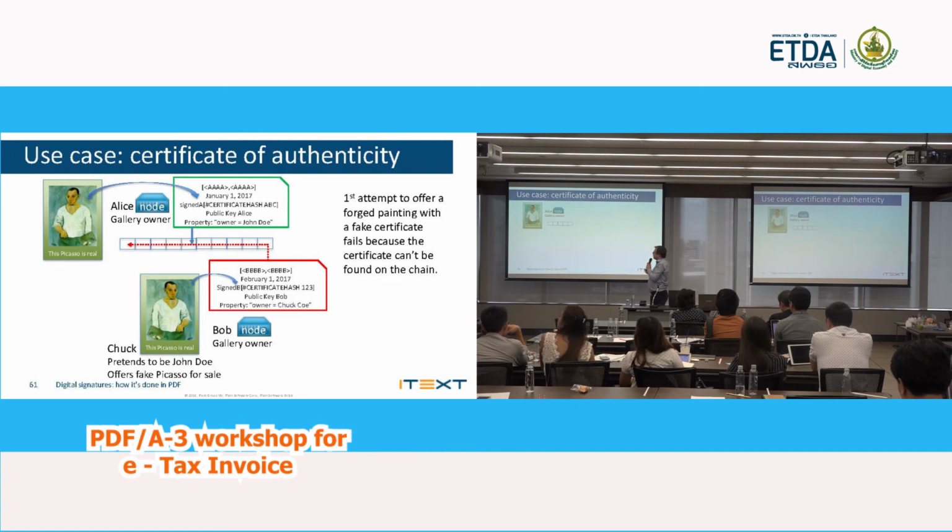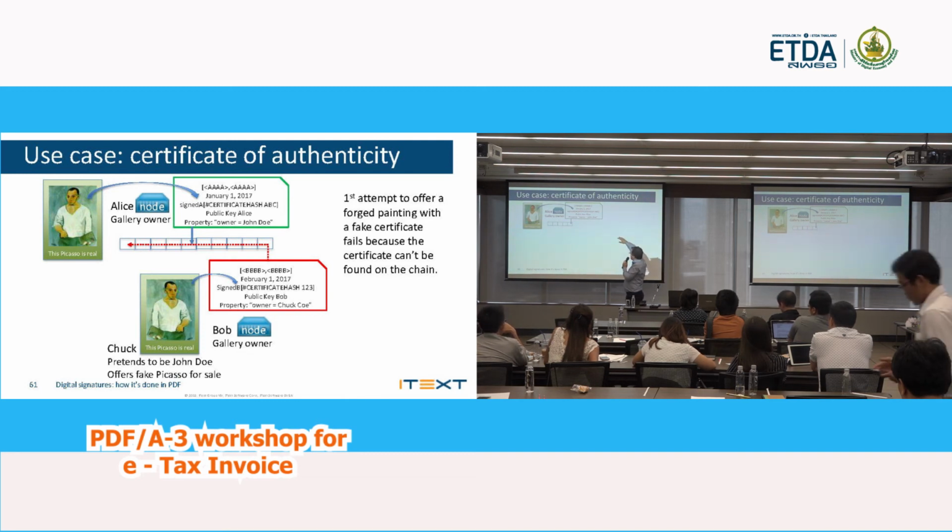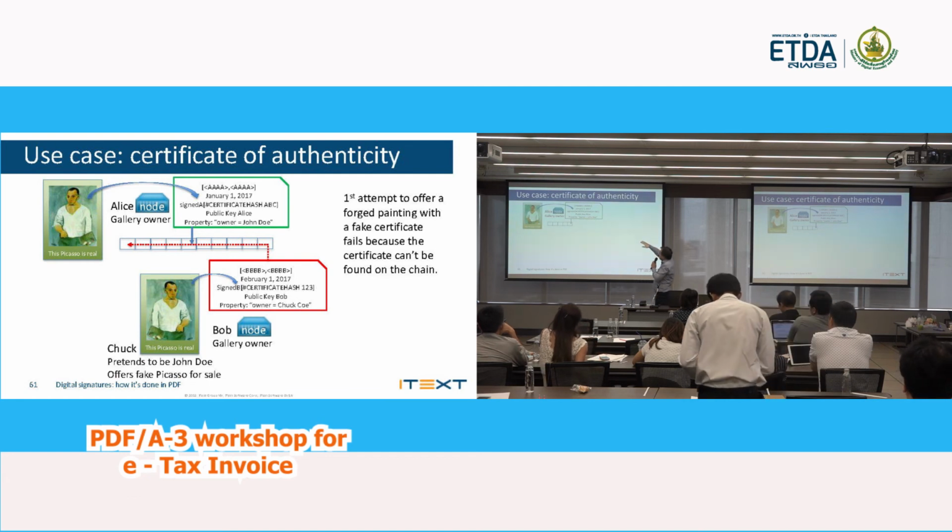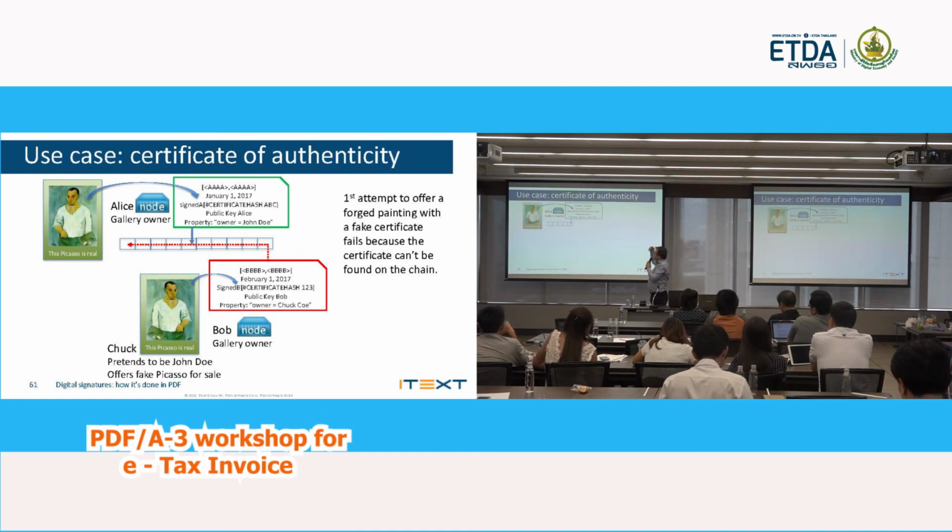But of course, how do you know that the work of art is genuine? Well, you need a certificate. And the certificate, like here, we have a certificate of a Picasso. You could store this certificate in the blockchain and say, well, the ID is AAA, and as a property, the gallery owner, the broker who sold the work of art, is Alice. She signed that certificate, and the owner of the work of art is John Doe. Now,